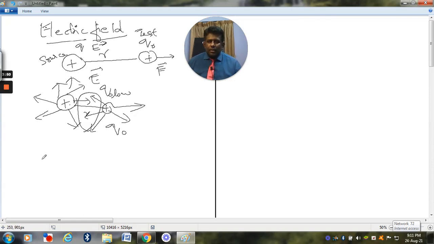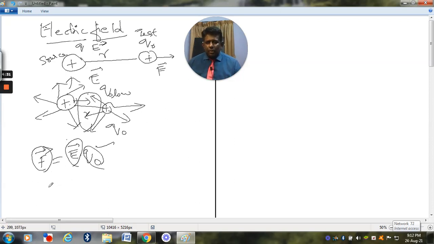we know that force has been generated due to the electric field around the source charge. Due to this field, the source charge is pushing the Q0 away from it. Therefore, this electric field pushes the Q0 away. Therefore, the interaction of the electric field will constitute a force on Q0. Therefore, Q0 will move away.